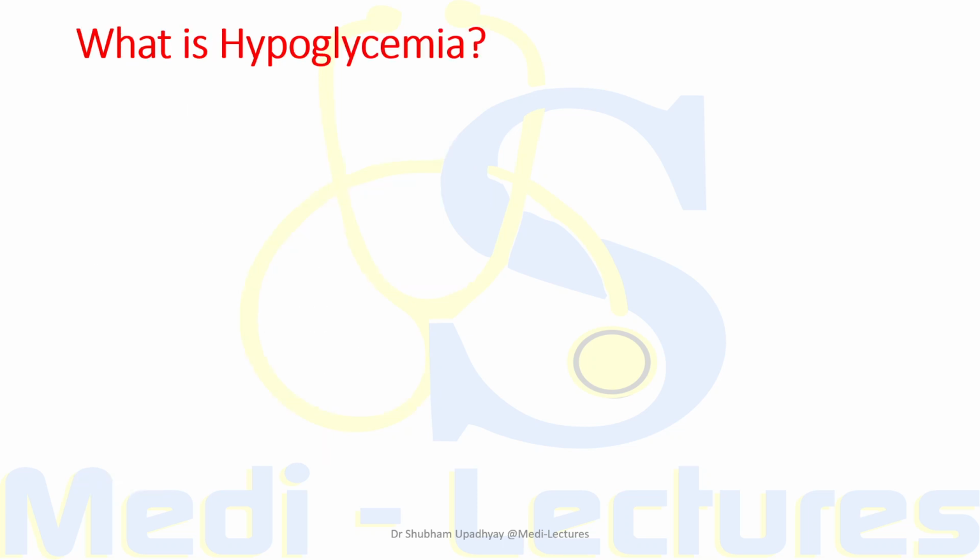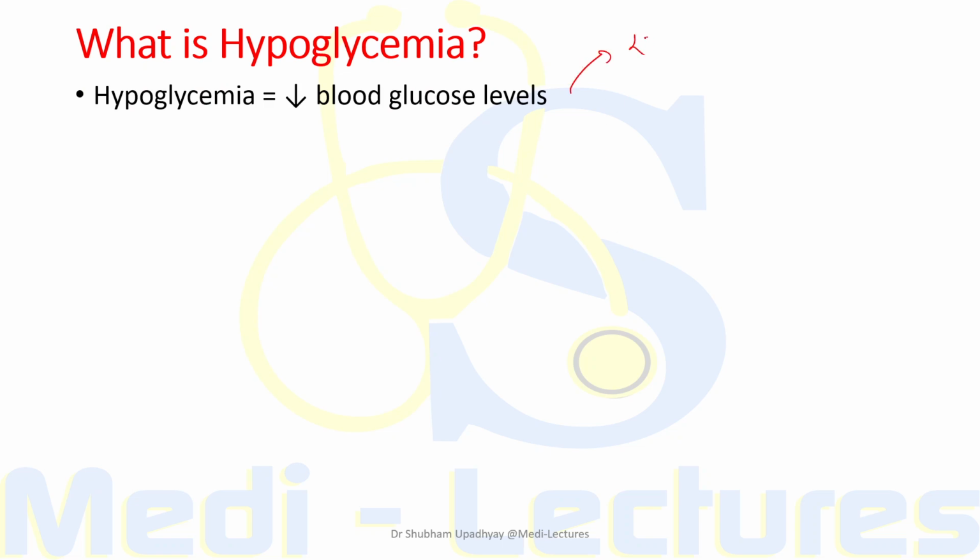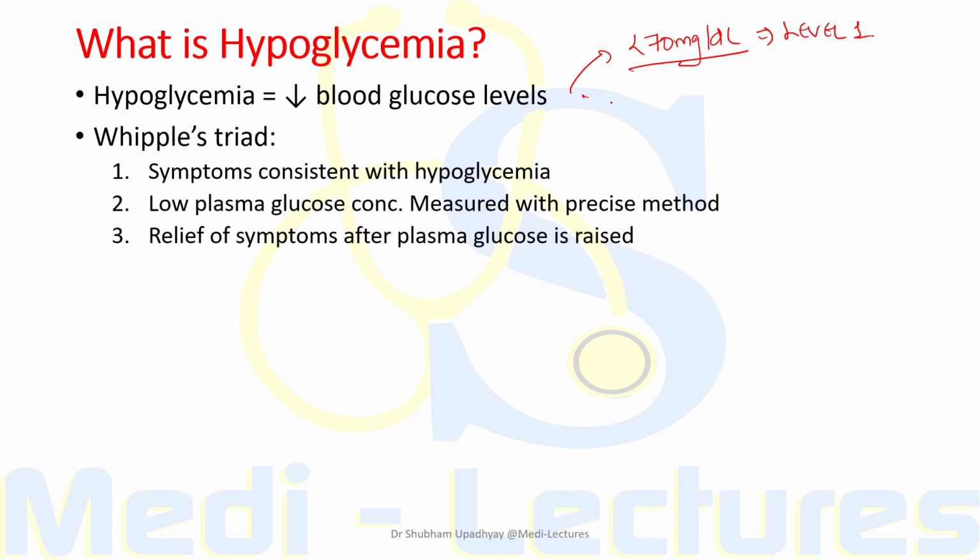So what exactly is hypoglycemia? So hypoglycemia simply means decrease in blood glucose levels. So what is the cutoff? Now most textbooks say that if the blood glucose becomes less than 70 milligram per deciliter, it is hypoglycemia, and it is also considered as level 1 of hypoglycemia. On the other hand, if the levels become less than equal to 54 milligrams per deciliter, it is considered as